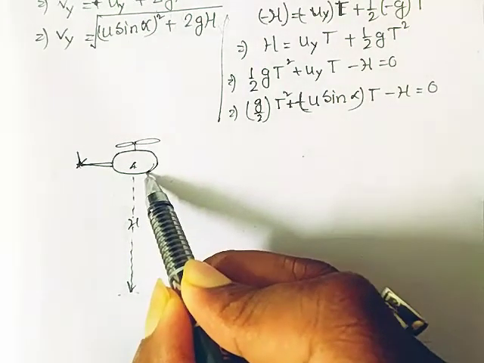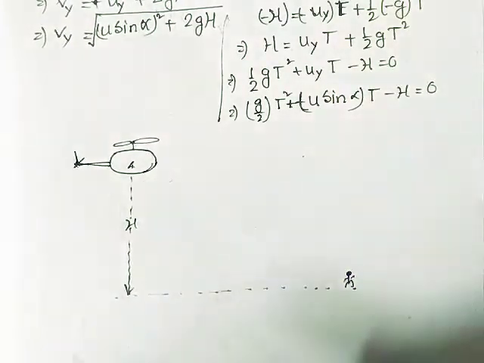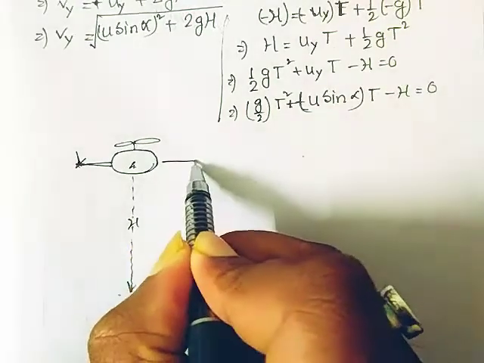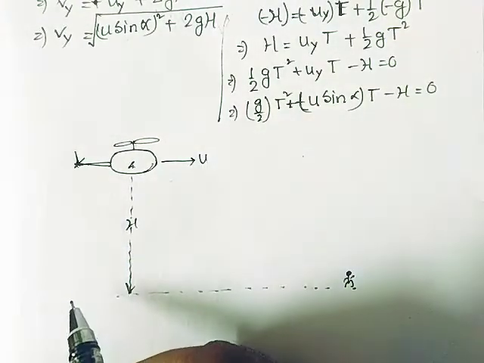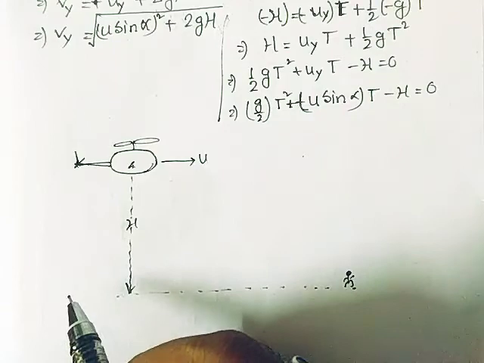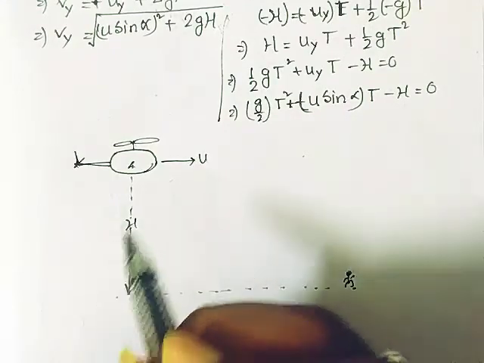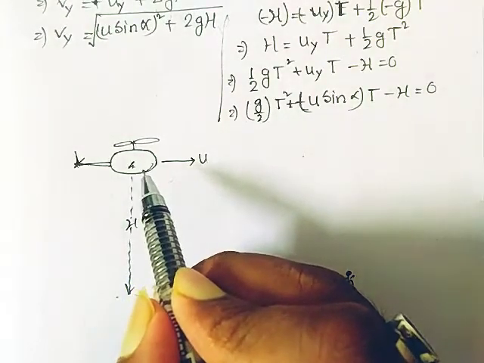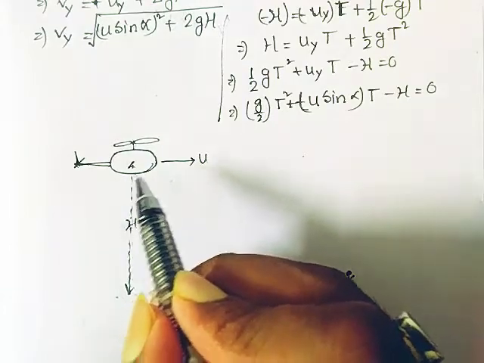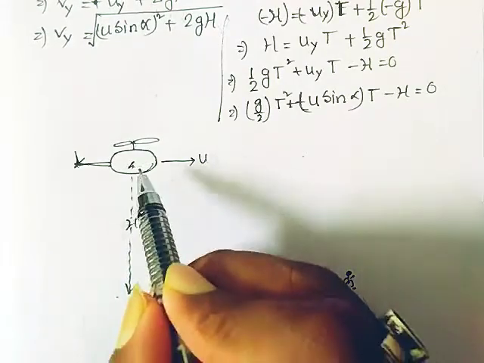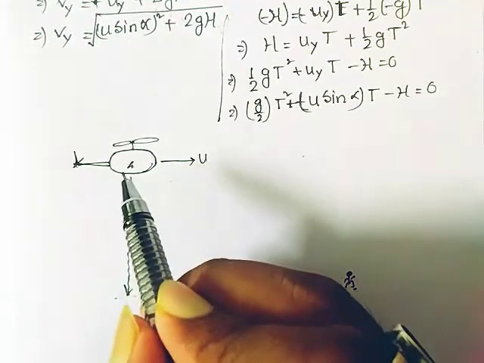When the helicopter releases a food packet, what will be the velocity of it? Is it 0? Or is it the same as the velocity of the helicopter? If the helicopter is moving in that direction with a constant velocity u, then the food packet will also have the same velocity, since before throwing, it is inside the helicopter.